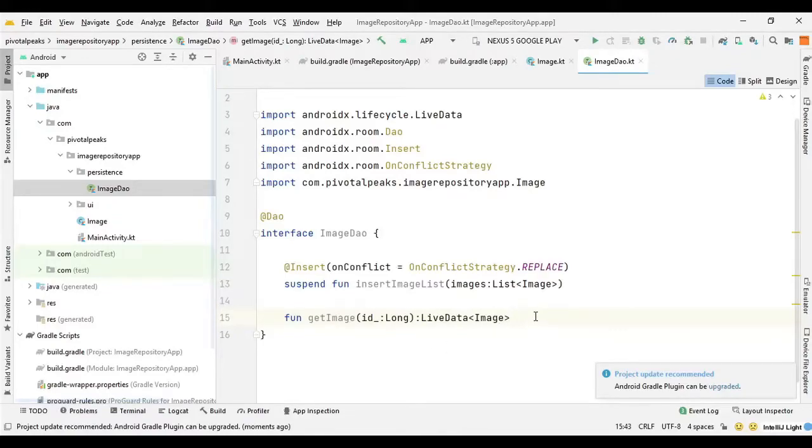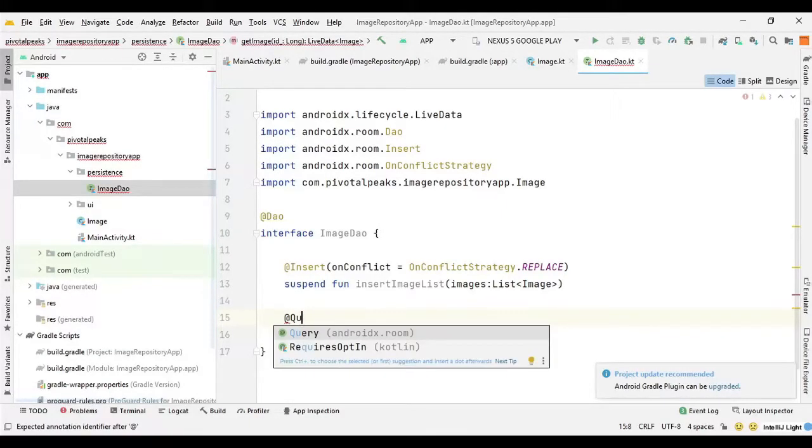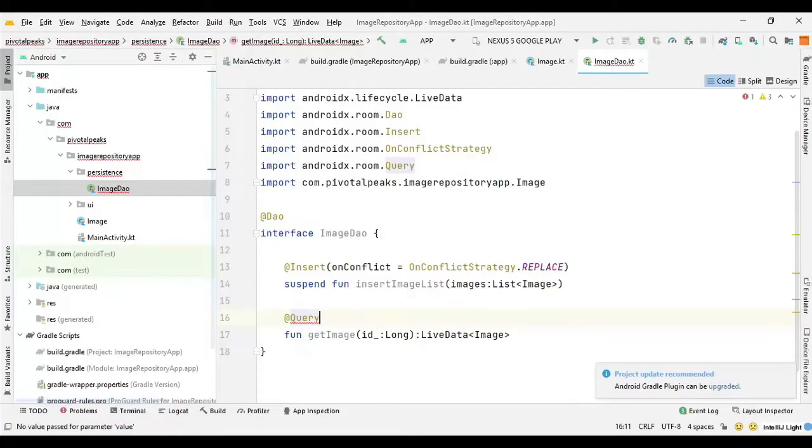Now we need to provide the annotation for the query. So we can say here @Query, because it's a query. So we can say @Query, and here inside the small braces we can say select asterisk from, and here we need to pass the entity class.